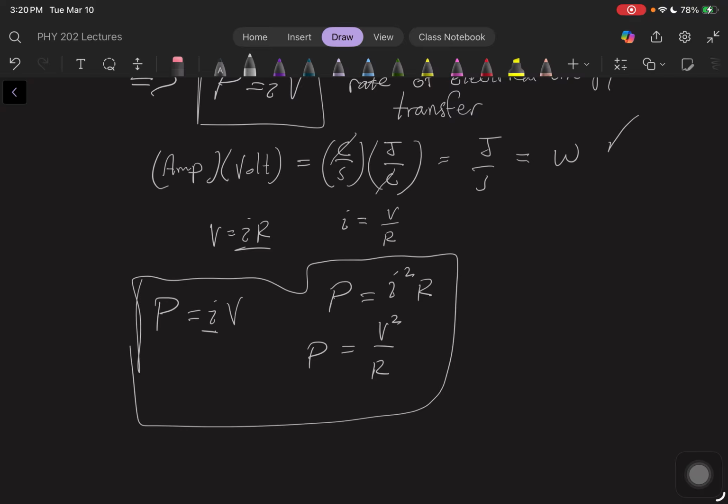And so this P equals IV equation applies to electrical energy transfers of all kinds. This is the general case. Whereas P equals I squared R and P equals V squared over R, these two here apply to the transfer of